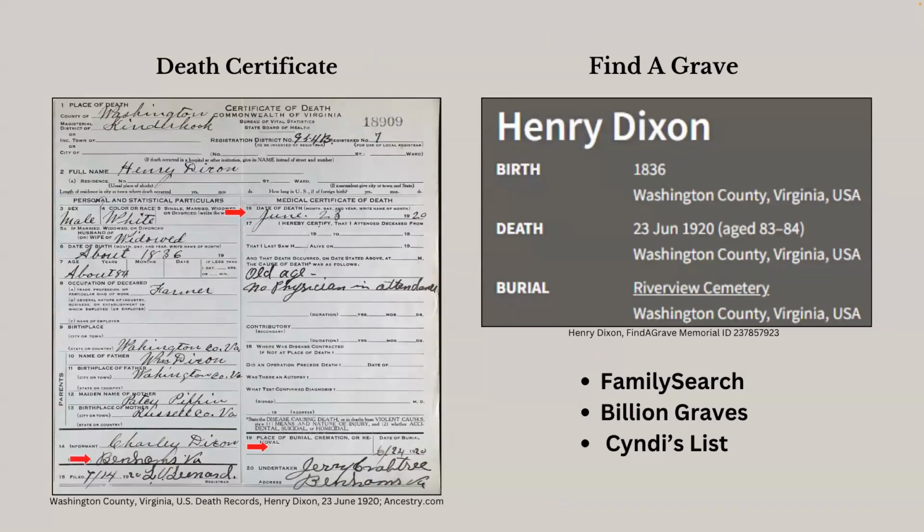Okay, now, if you don't know where your Civil War ancestor was buried, you might check for a death certificate, if they lived long enough to, the counties had death certificates. Now, this death certificate for my ancestor, Henry Dixon, doesn't state where he's buried, place of burial. So notice that he died on June 23rd, 1920, and that he was buried the very next day on the 24th. So if he was buried one day after his death, then the cemetery is probably very close to where